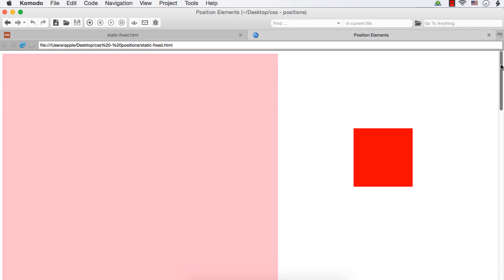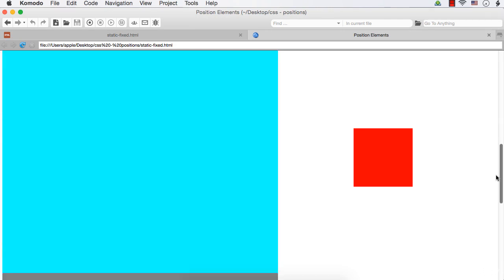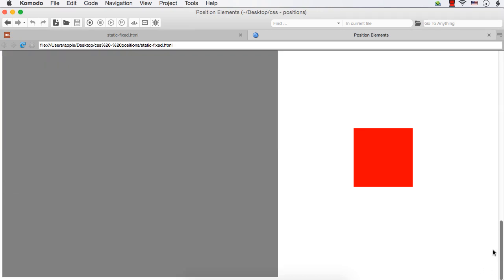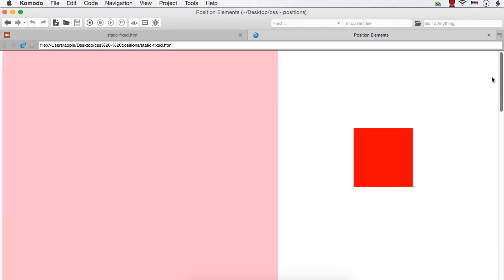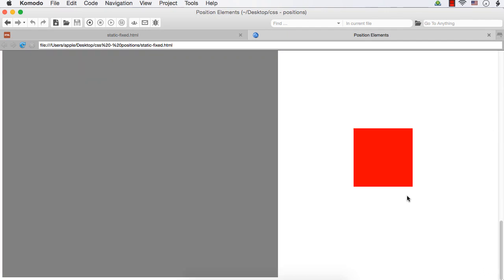Now suppose I move the scroll bar to see the boxes given below, that is the cyan and gray boxes. Let me try to move. See, the red box is fixed and its position is not getting changed. Even if we move the scroll bars, the position of the element with fixed position is not changing. So if we set the value of position to be fixed and position it at the place where we want using left, top, right or bottom properties, it is positioned with respect to the viewport and it will not change its position even if we move the scroll bars.